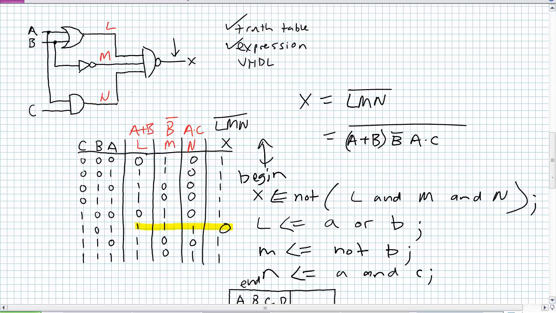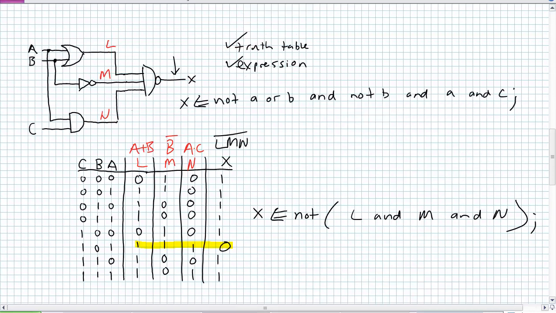Let's pretend we don't want to use internal signal declarations L, M, and N. What I want you to do is write this whole expression all in one line. Let's clean it up so you can see what that looks like. And there you go. That's the big old expression right there with some major problems regarding syntax because I haven't put any parentheses in there. What I'm saying is not L ANDed with M ANDed with N. I'm going to clean this up at the end so you can see what's going on here. Our final VHDL expression should be: x is assigned not (A or B) and (not B) and (A and C);